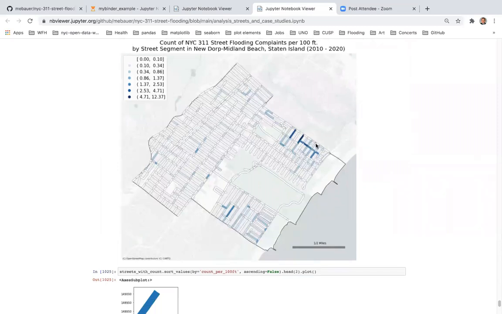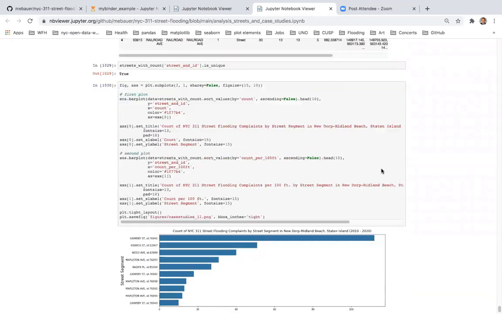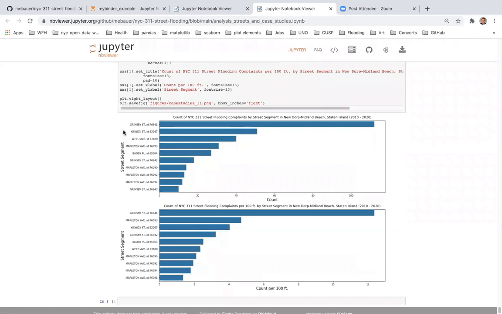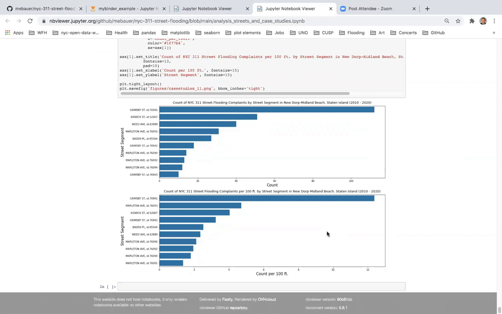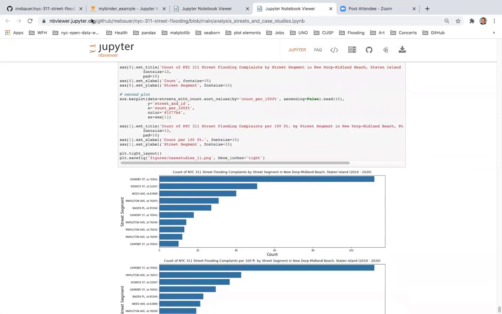And you can still see that this area, I guess northeast, experiences a lot of street flooding complaints. Okay. And then, yes, you can see that Grimsby Street was the one outlier that we could visualize from the map. It had just over 100 street flooding complaints just on that street segment. Even if we factor in area, Grimsby Street really dominates that area. And I think that's it for me.